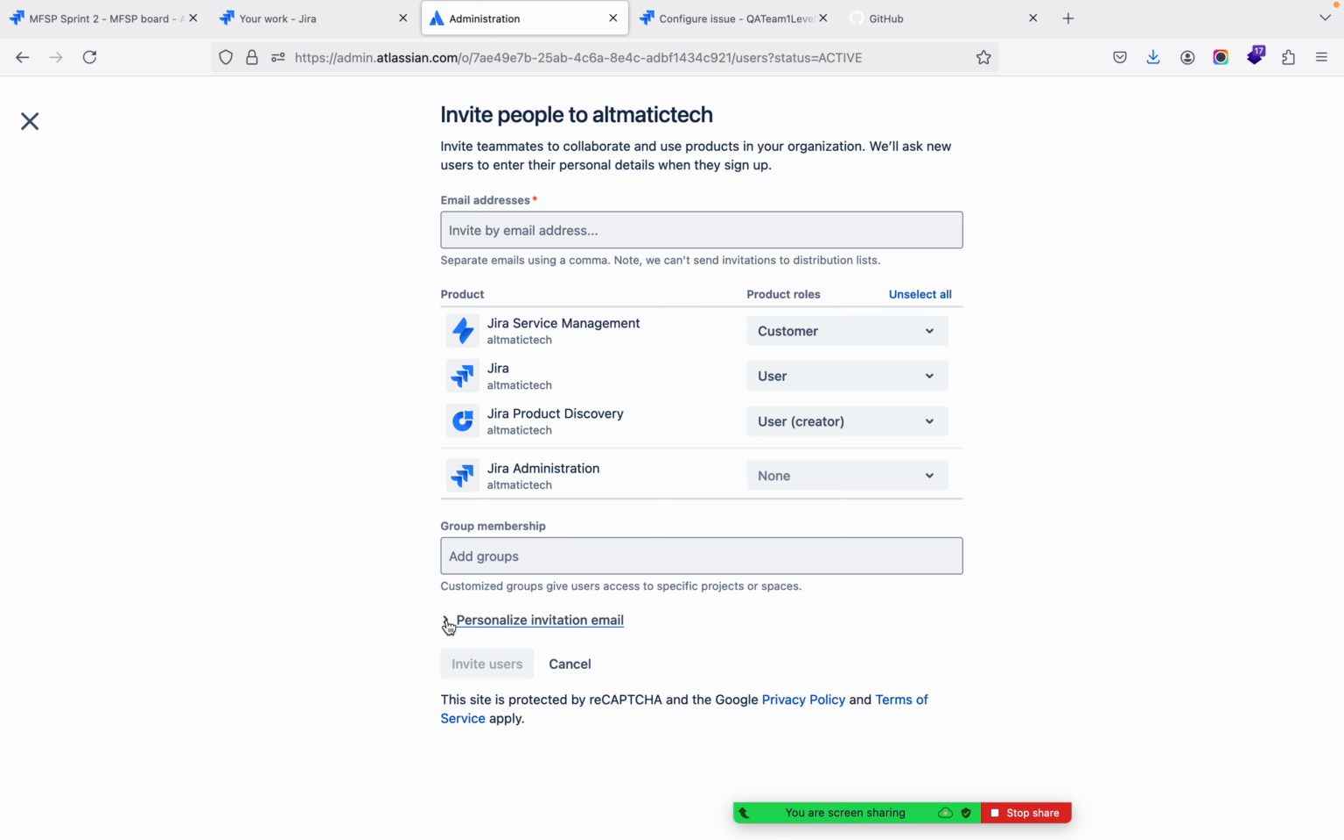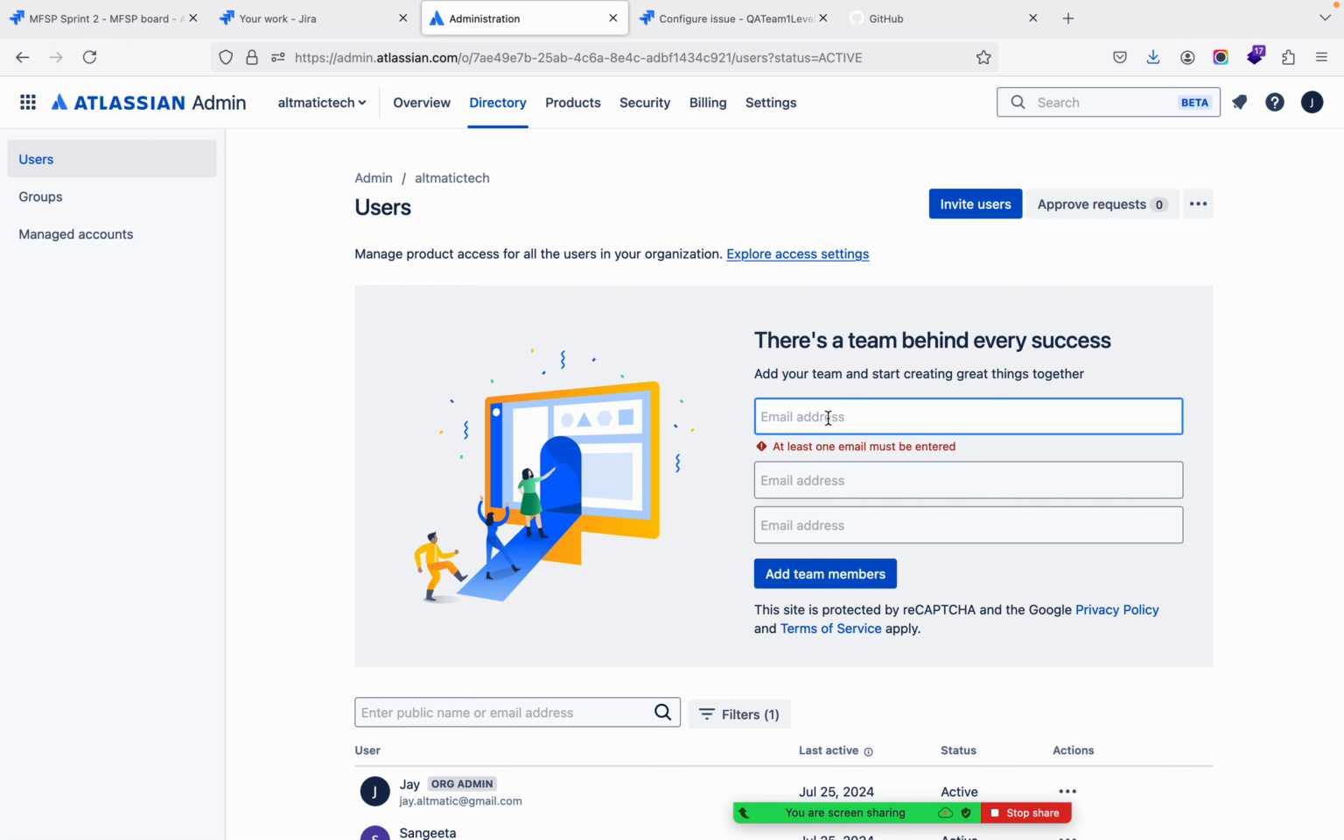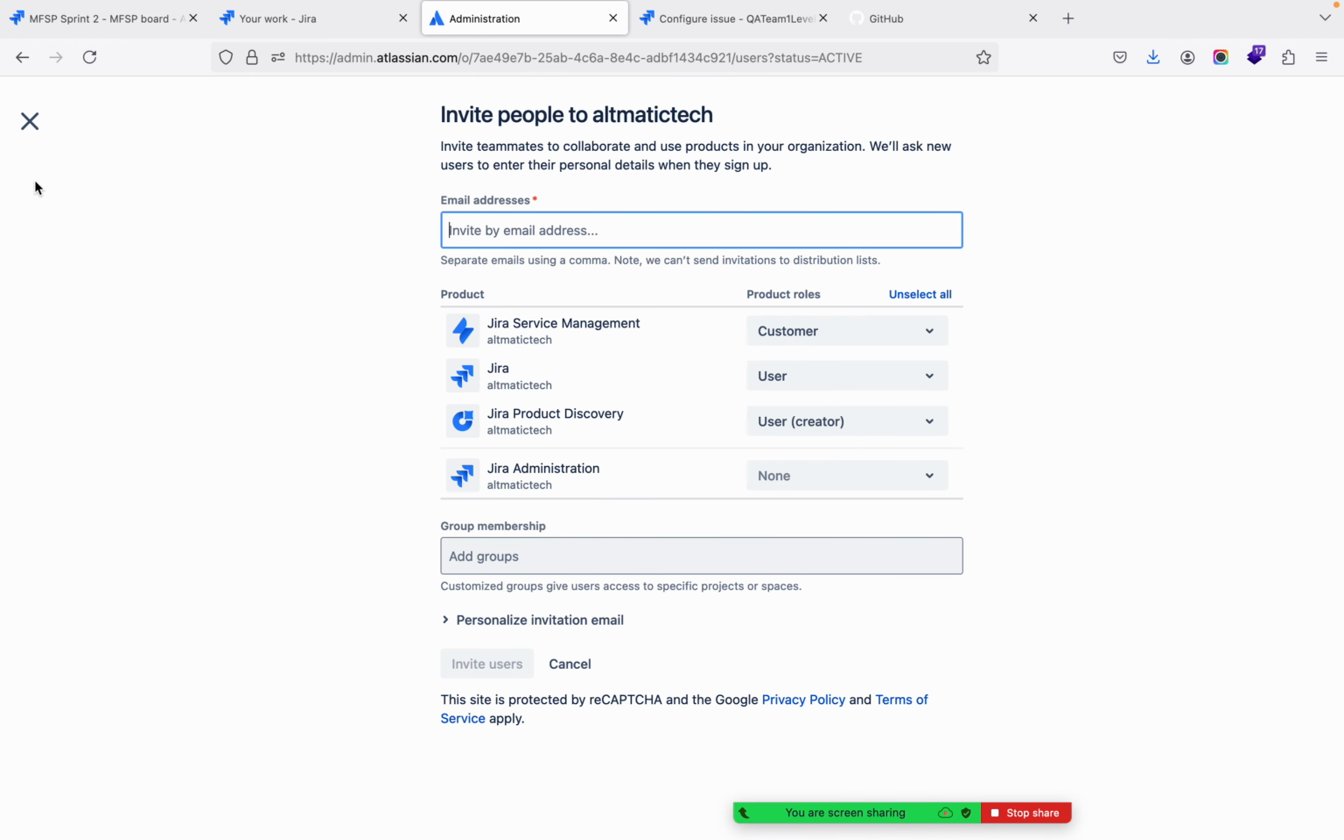You can also send them a personalized email, like you can type here what email you want to send them, what's the body of that email. So you can do from here. And in bulk, you can type email addresses separated by comma and invite. So both are almost the same thing. And the only thing is that